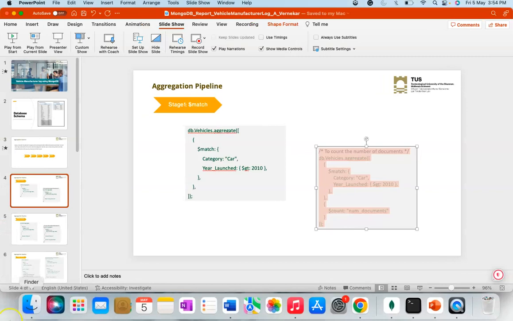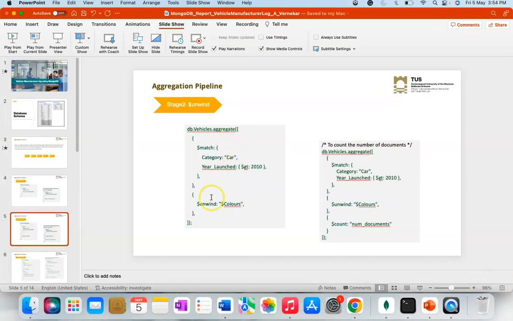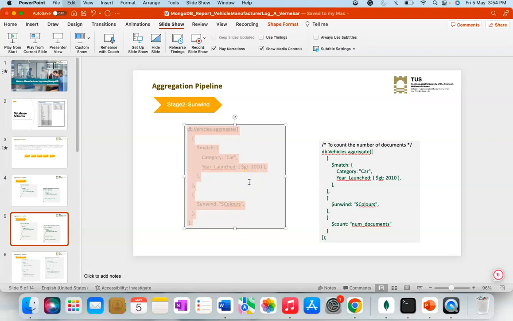Now I'll clear the screen. Now I will go to the next stage where I want to unwind it. As the colors is an array, I want to unwind it for each color. So what will unwind do? It will create a separate document for each color of the car. So if I run this query,